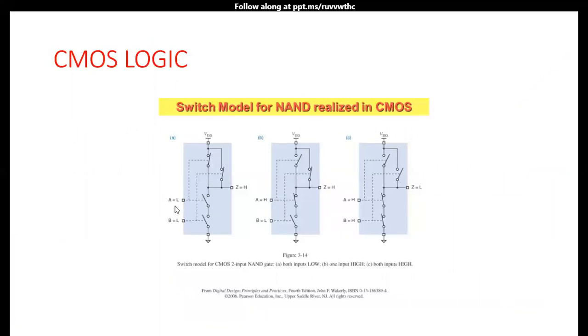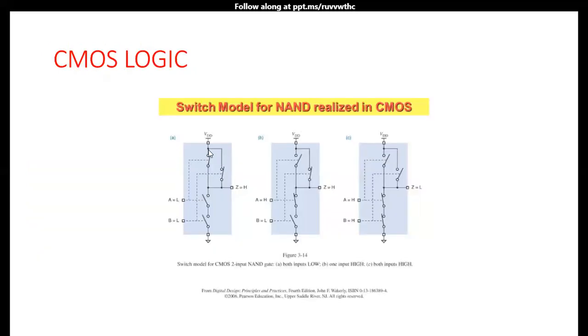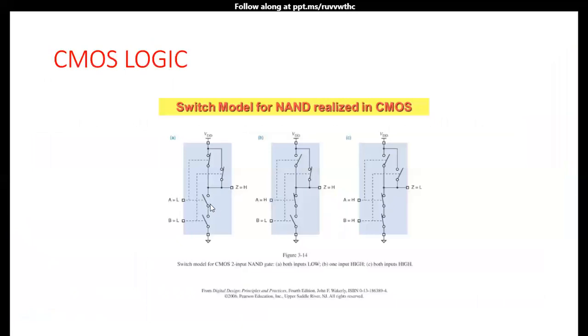So I am giving the low inputs to both. That means A is low and B is low. That is logic level 0 and logic level 0. If you give the 0 input, what happens? Pull up transistors, that means the PMOS transistor will be on. Hence, both the PMOS transistors are closed circuit, and both the NMOS transistors will be open. And why? Because we are giving the 0 input. For 0 input, the NMOS transistor will be off. Hence, the NMOS transistor is open circuit. So this results in the output pulled up to the supply voltage VDD.